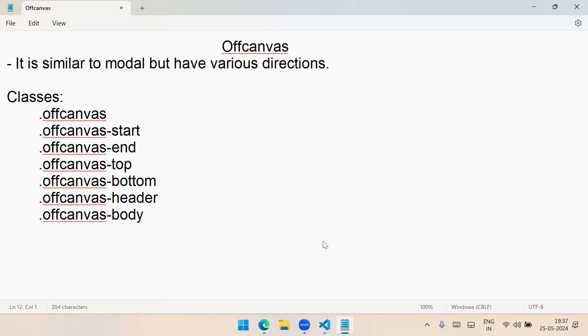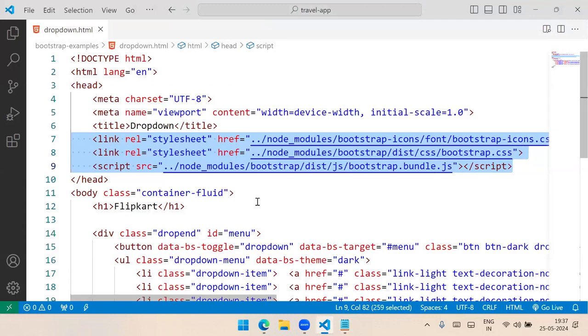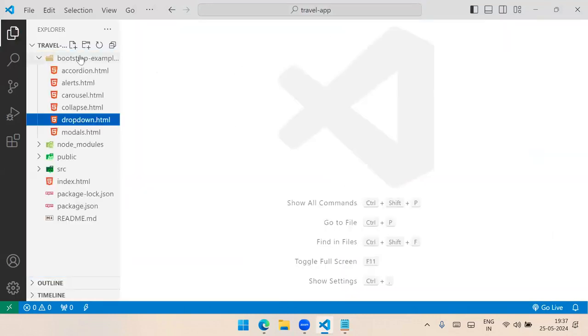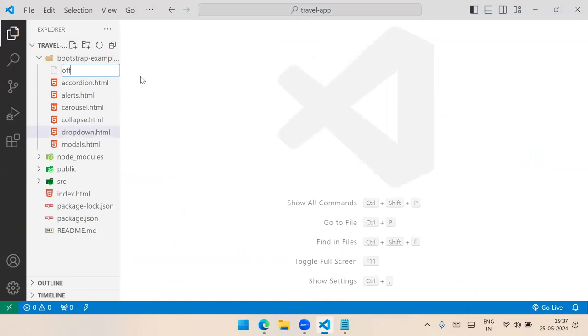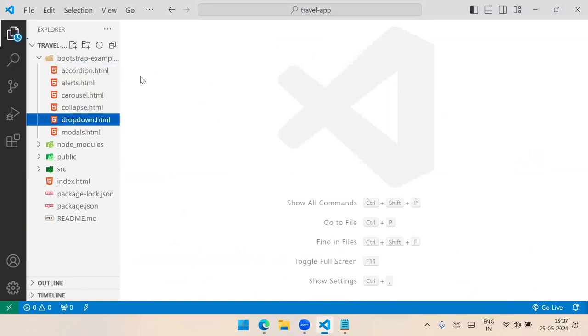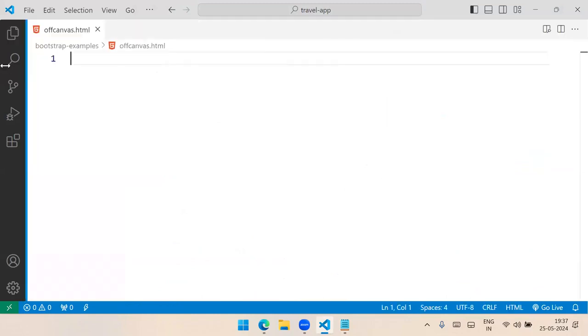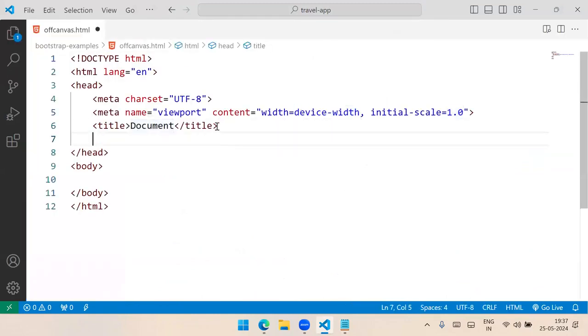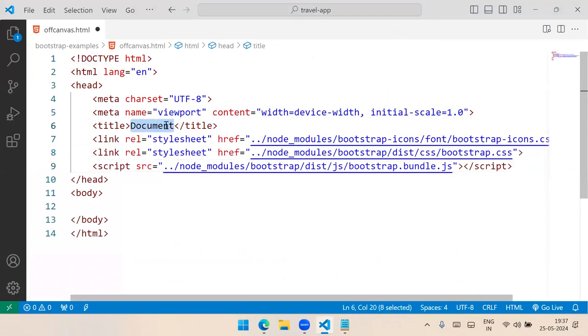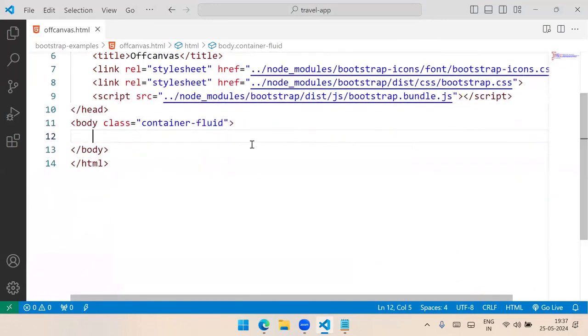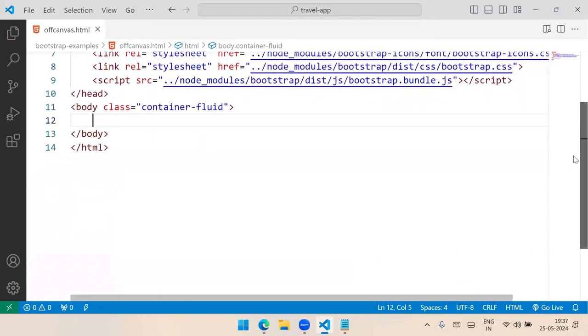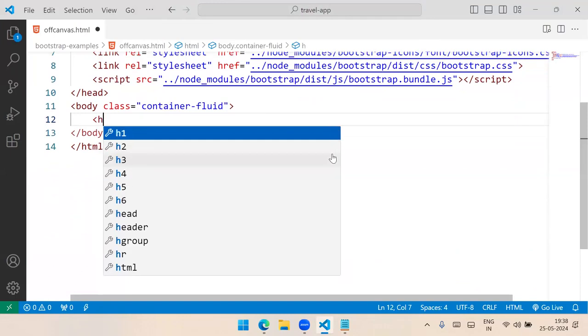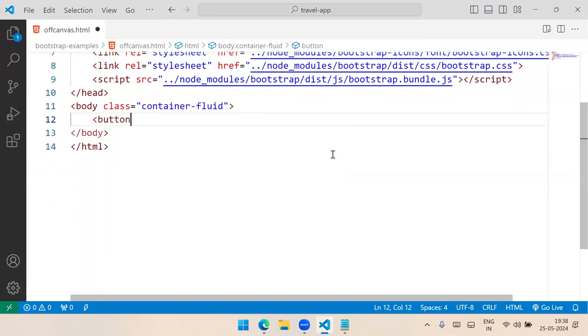So off canvas, how to design? Let's see. I'm adding a new file, off canvas, in that page with all these files. And in the body container fluid, in that we are adding a button. We will keep a button here or div